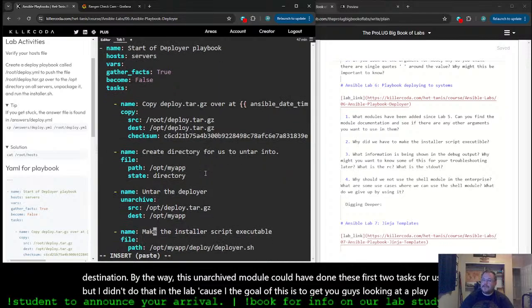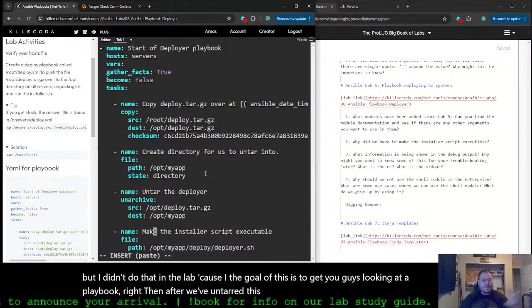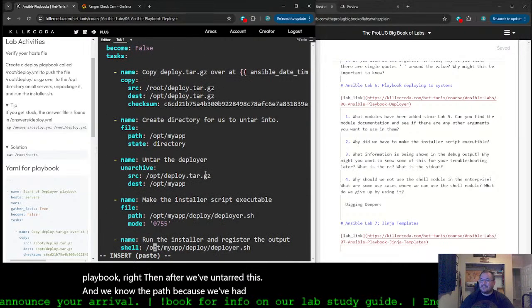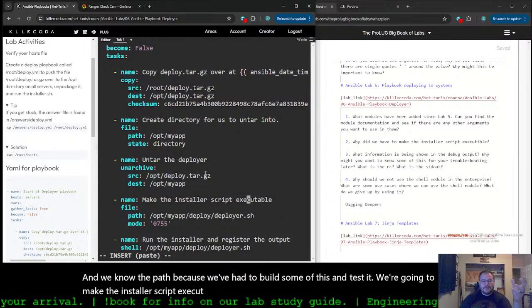a playbook, right? Then, after we've untarred this, and we know the path because we've had to build some of this and test it, we're going to make the installer script executable. So that script that's tarred up,